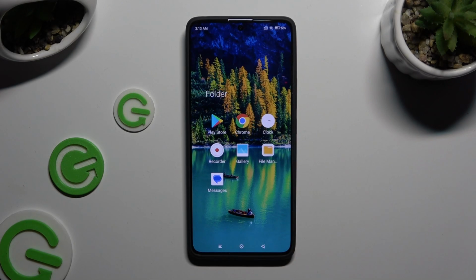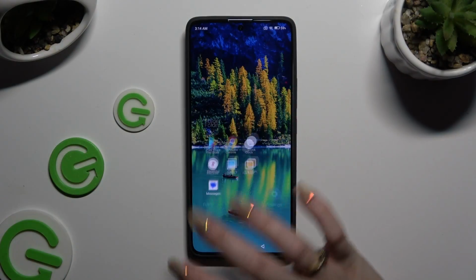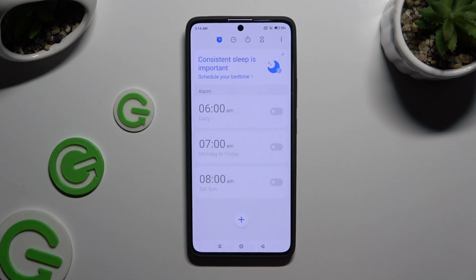In front of me is XIAOMI Redmi Note 13 Pro, and today I would like to show you how you can set up an alarm clock. Firstly, you need to open Clock app and tap on Alarm section, which is this clock at the top left